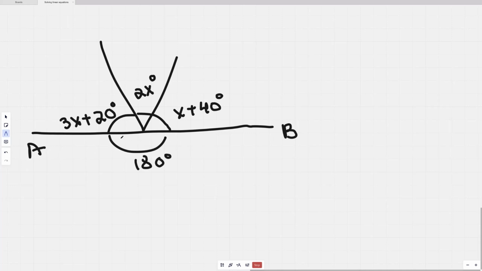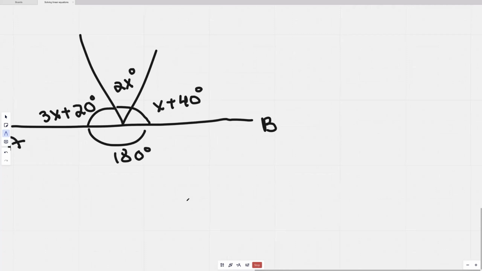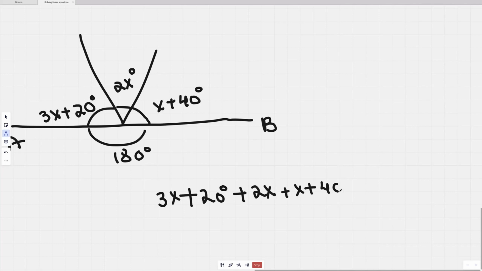The addition of the angles in a straight line will be 180 degrees. So another equating thing. We have 3 parts, and the sum of the 3 parts should give us 180 degrees. So we can write it as 3x plus 20 degrees plus 2x plus x plus 40 degrees is equal to